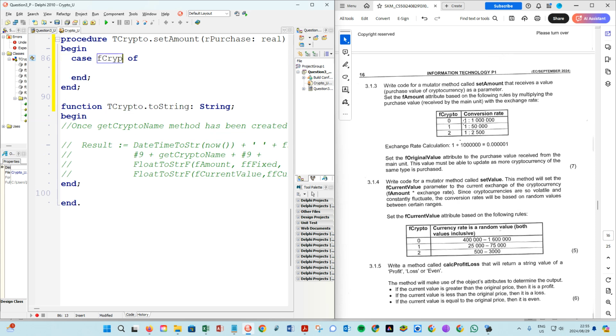Case fcrypto of, and now we can say 0. If it's 0, then our fAmount will be